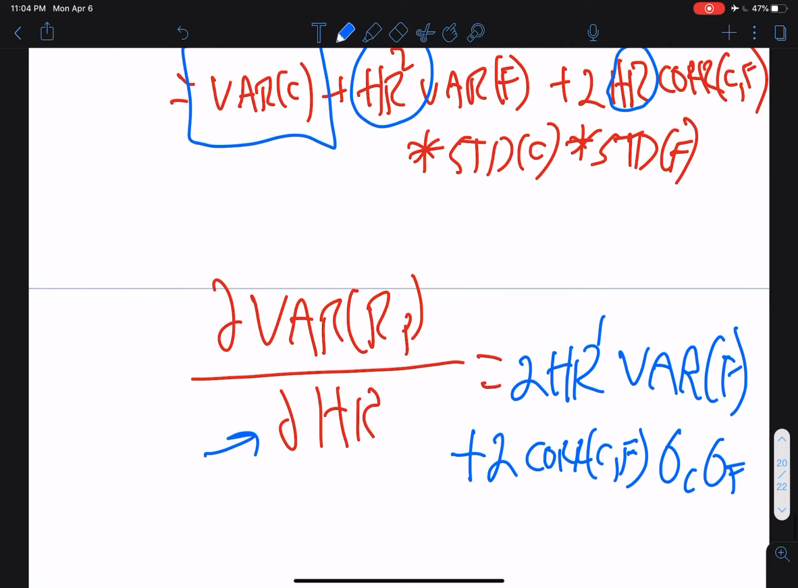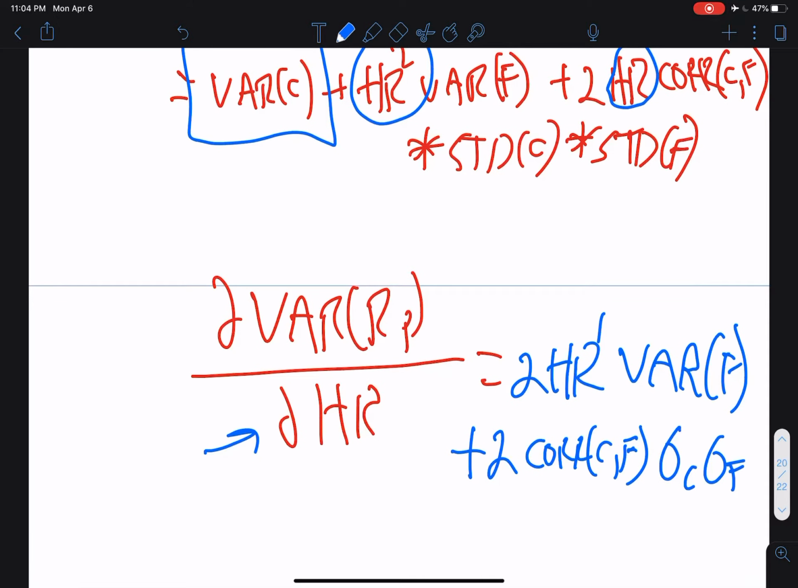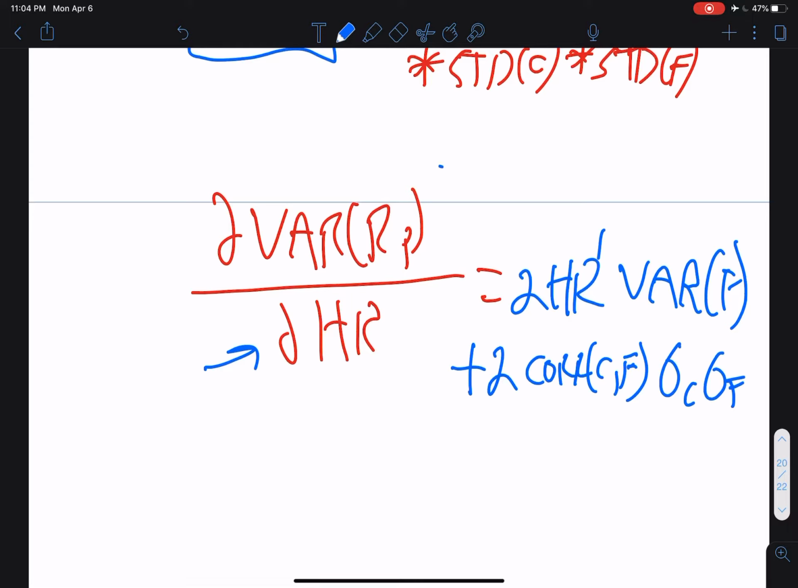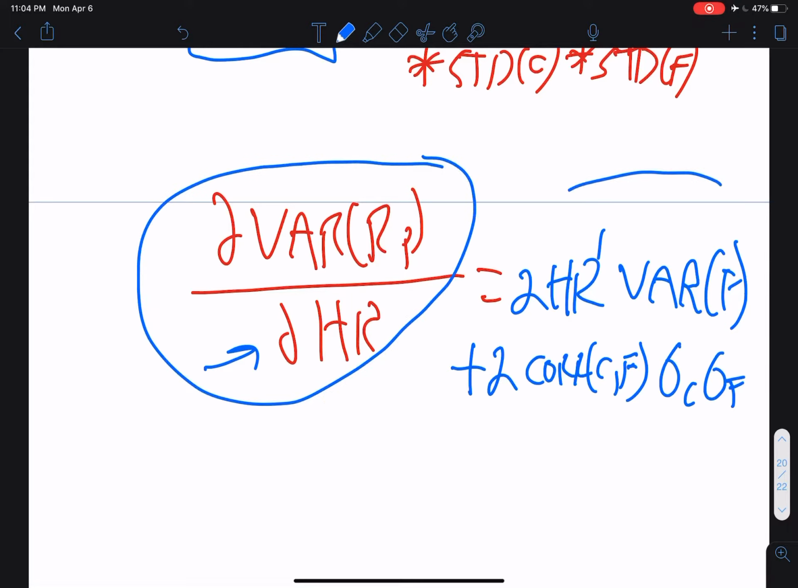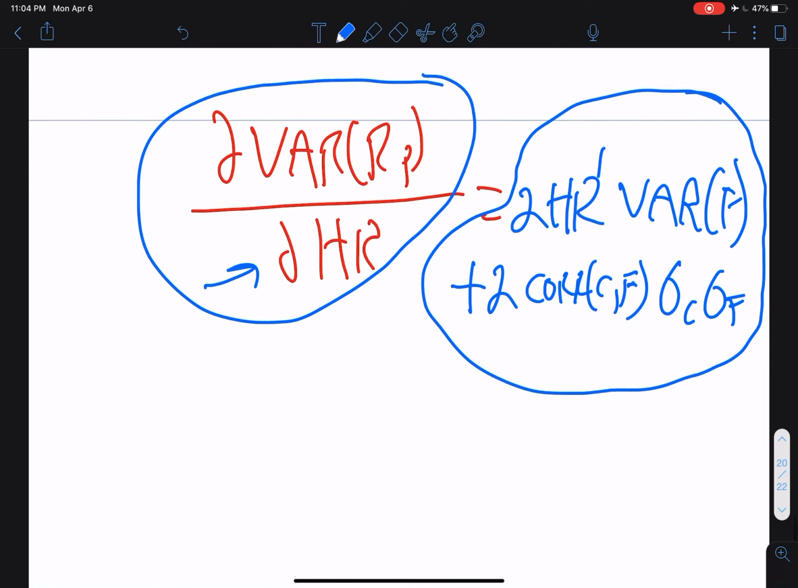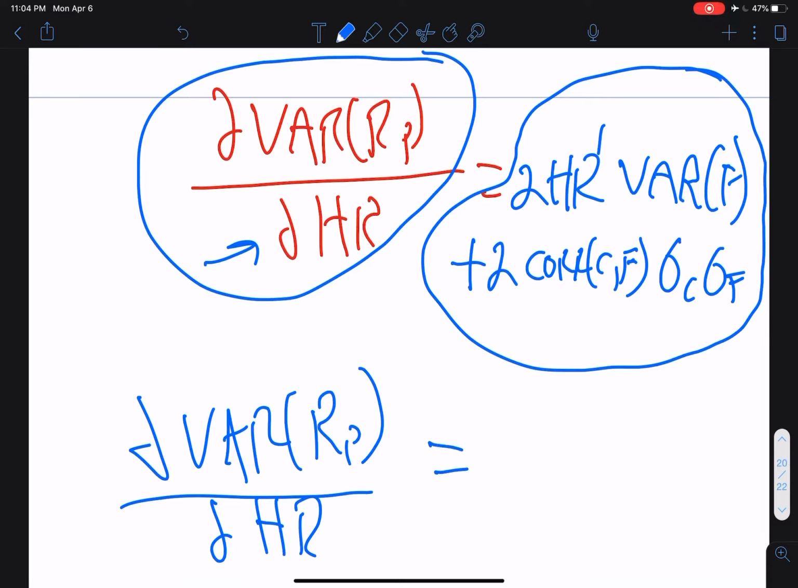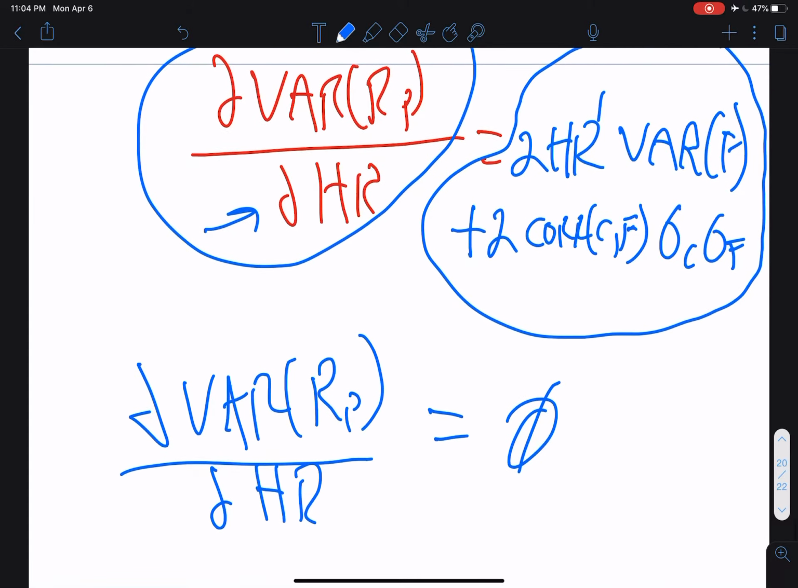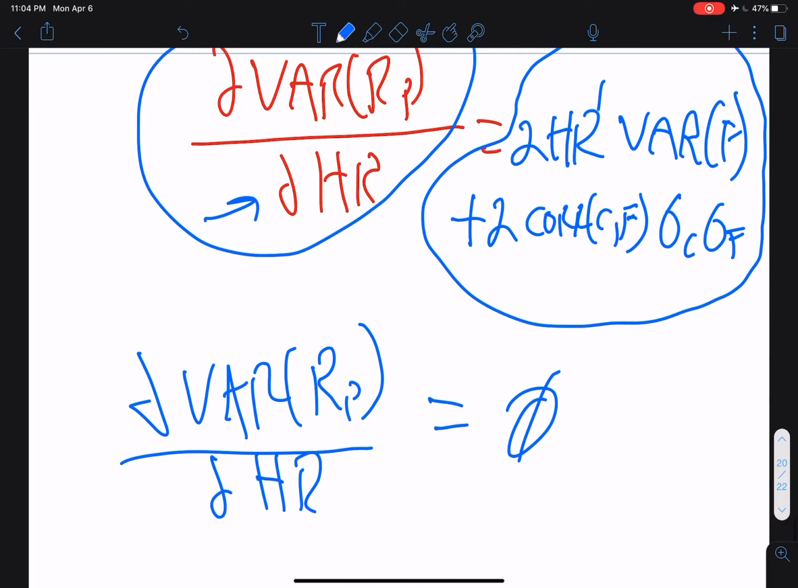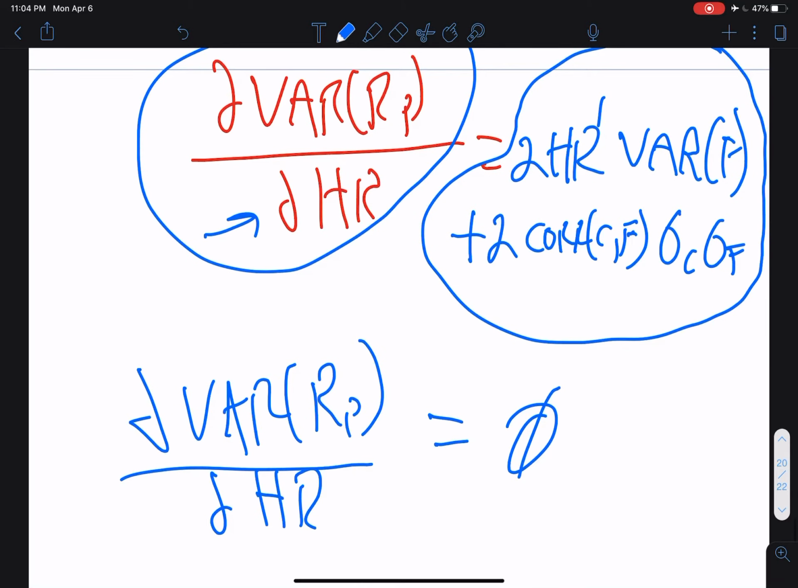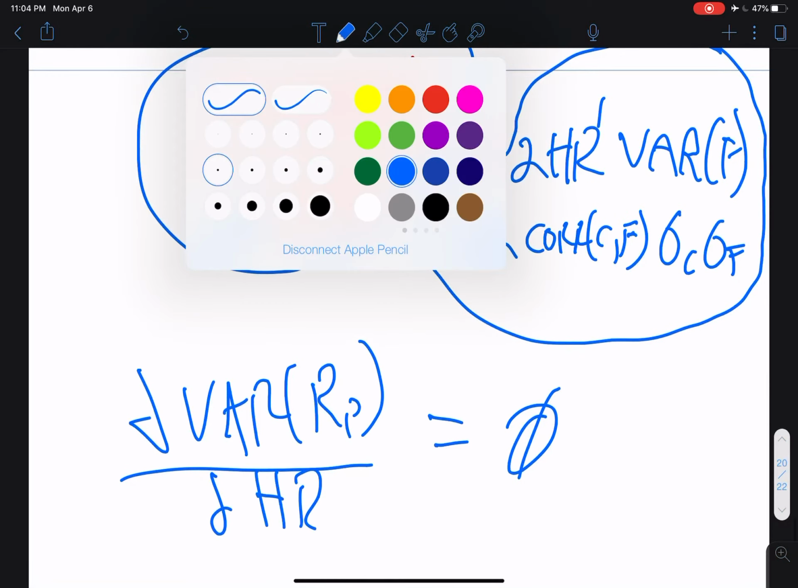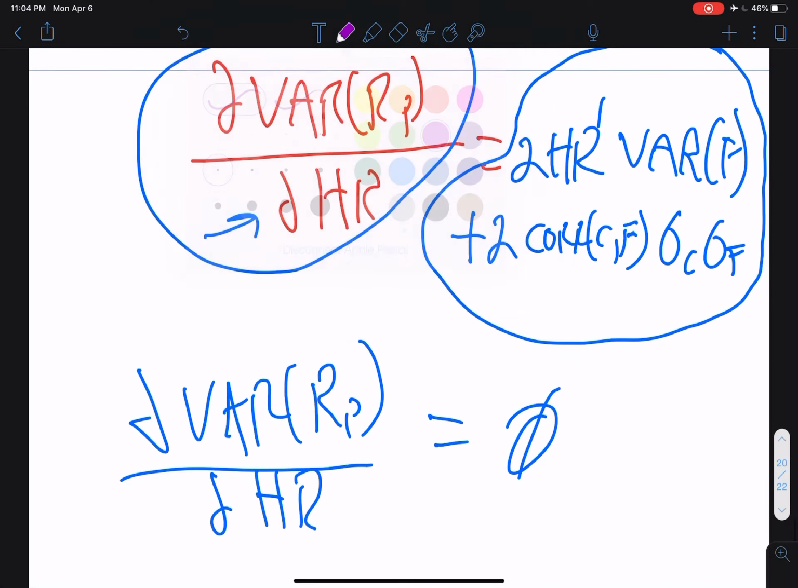Now, in order to minimize the variance, we want this to equal 0, right? So we're now going to set this, which is equal to this, equal to 0. So again, the derivative of the variance of the return on a portfolio with respect to HR, we're going to set equal to 0. Okay. When we do that, let's bring the term with the HR, this term,